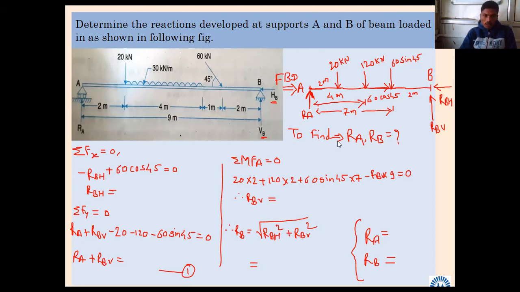Okay. Patil Sandeep, roll number 57. Yes, sir. What is the value of RBH after applying summation Fx equal to 0? RBH. Here. This is your value. Sandeep,